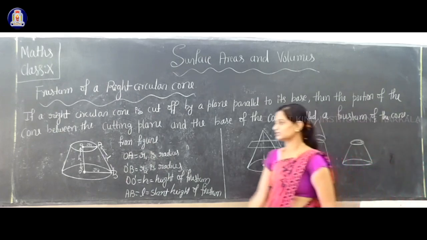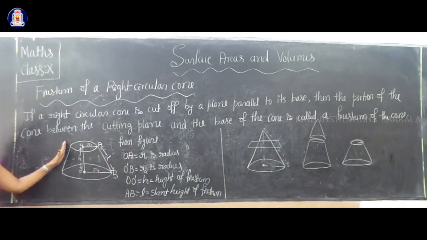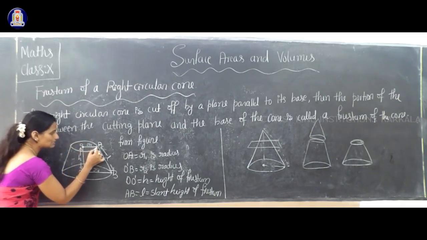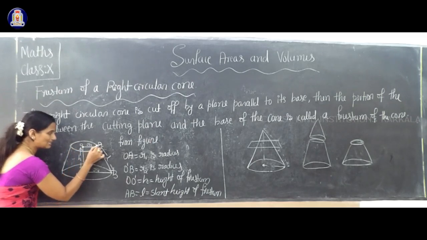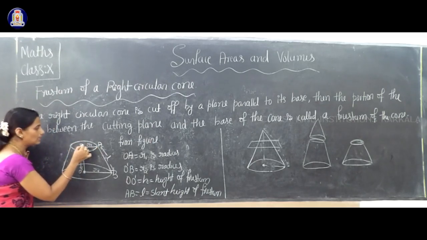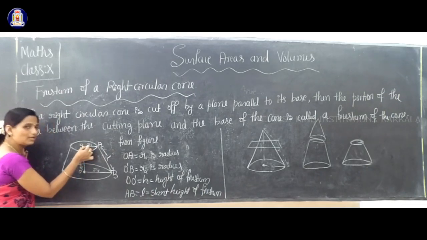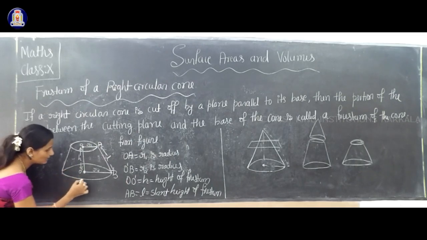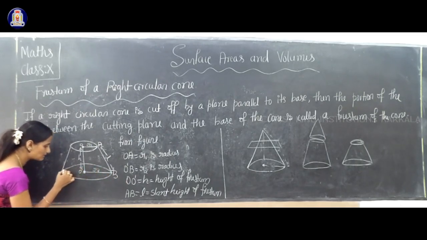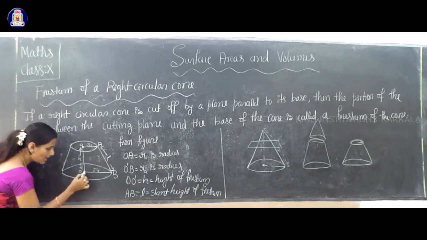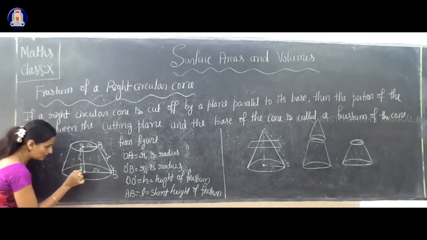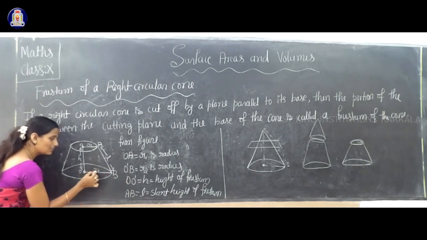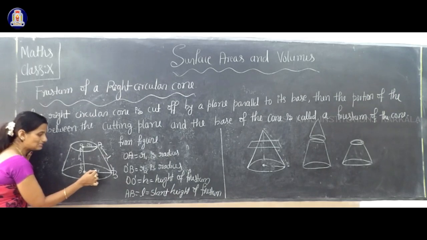So again here it is marked. So this is the frustum. What is the shape of this one? The shape of this is a circle, correct? This is a circle, means there is a center of the circle, and this is the radius, let it be R1. And what is the shape of this base? Again it is a circle, correct? It is a circular base, and this is the center of this circle. So that I marked as O dash, and this is the radius, that is marked as R2,